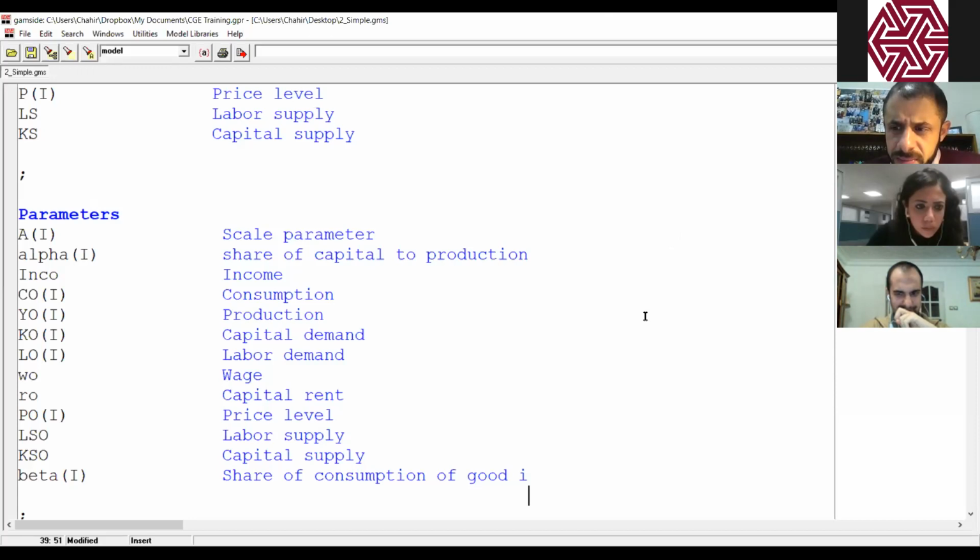Share of consumption of good I still black, like beta I. Sorry? Blue. Why? No, I can't hear you. For beta I. Okay. No, please write in the chat box, we can't hear you.